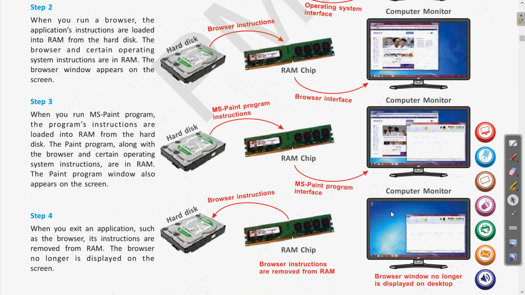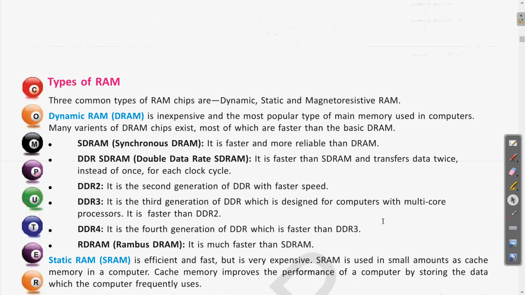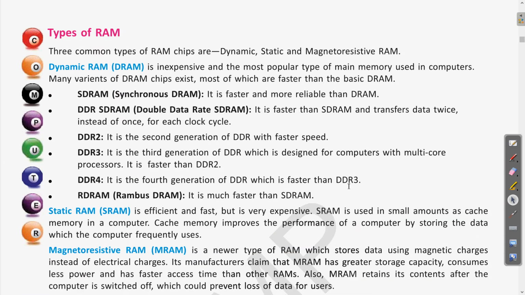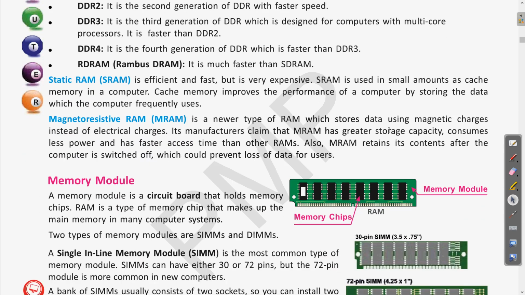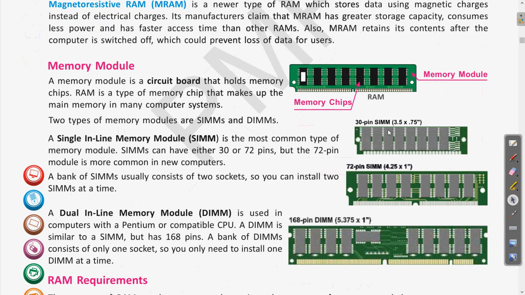After that we have seen the different types of RAM. In the last class we covered three types of RAM: dynamic, static and magnetoresistive RAM. Clear? Then we also covered the memory module.